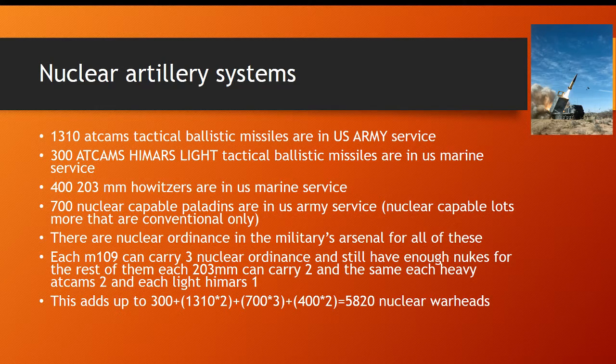There are nuclear ordnance in the military arsenal for all of these. Each M109 can carry 3 nuclear ordnance, so enough nukes for the rest of them. Each 203mm here too, and the same for each heavy ATACMS 2 and each light HIMARS 1. That is up to 300 plus, in parentheses, 1,310 plus times 2 plus 700 times 3 plus 400 times 2